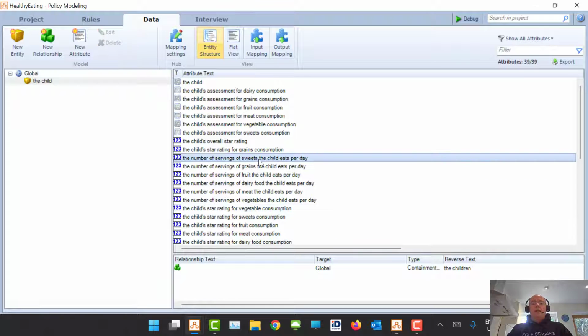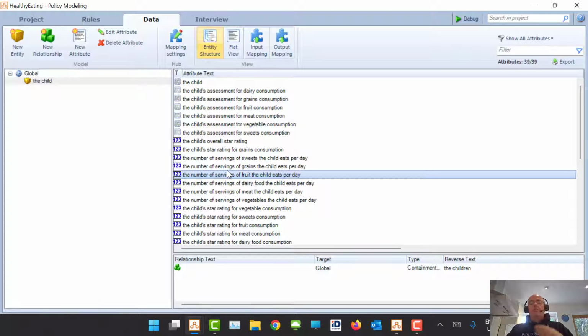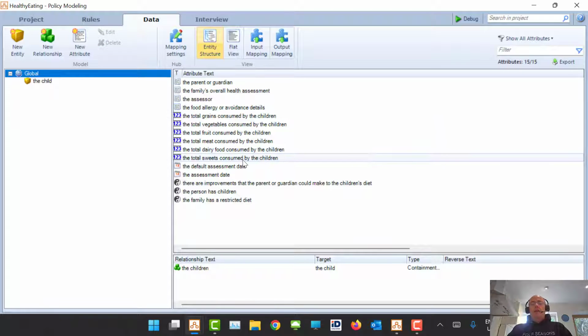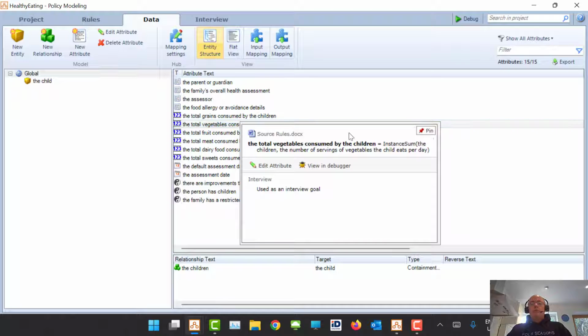So the child, how many sweets the child eats per day, the number of servings of sweets, the number of servings of fruit, and so on. So we have information at the child level, and then we have kind of roll-up information at the top level, the global level. So that's why this is such a great project for learning, because when we look at the global attributes, we'll start to see very important functions that you get used to when you're working with Intelligent Advisor,